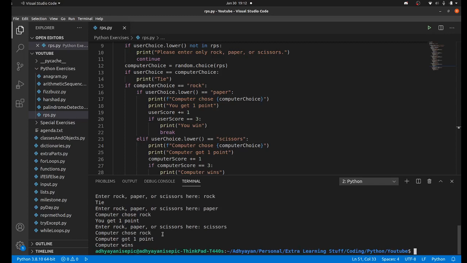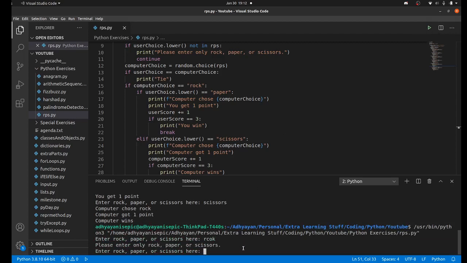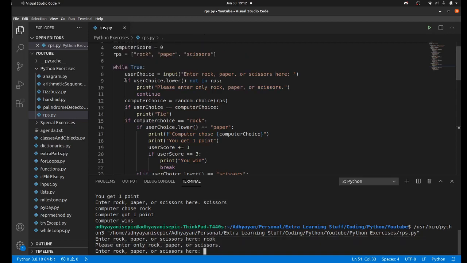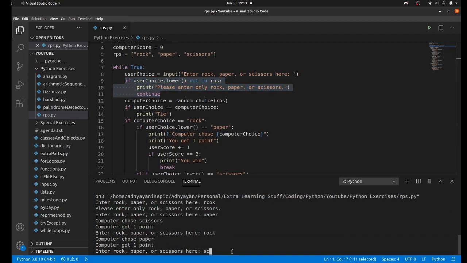That means that the computer gets 1 point. So that means the computer actually wins. So let's just play again. Now let's say we enter rock. Now since I misspelled rock, it says please enter only rock, paper, or scissors. So that means that this functionality works. So again, we can just continue on with the game, and